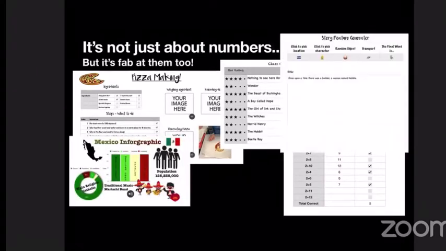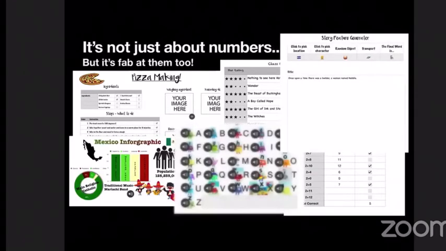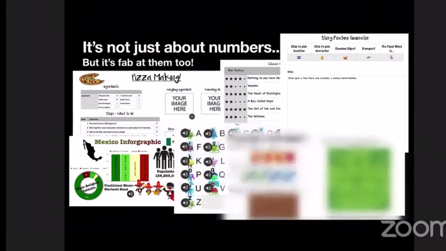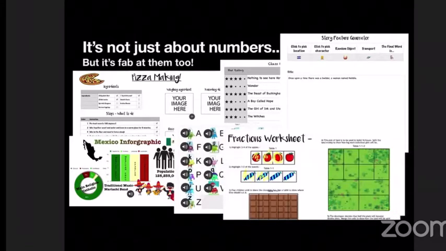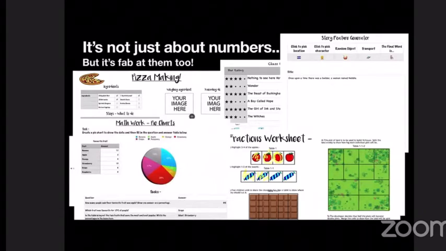And there's so much that you can do for all different subjects. This is not just about maths. This is all different subjects that we can look at and we can use it for. And hopefully we'll gain a bit more information, although we do have a few bits of maths in there as well. So first thing I'm going to talk through is some of the special boxes that you can use